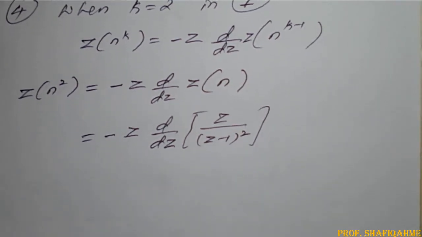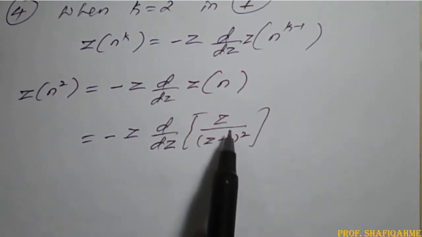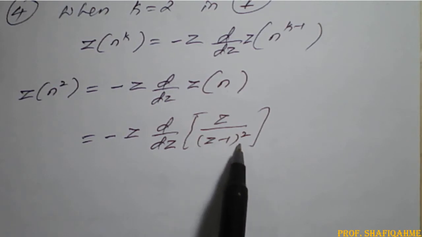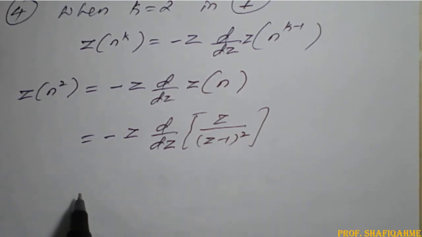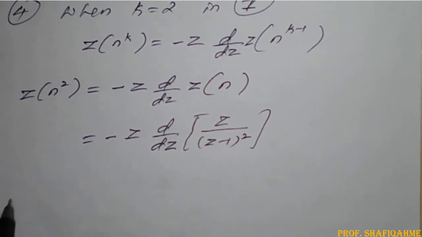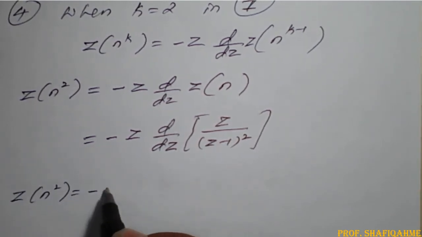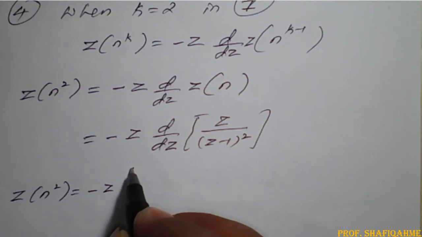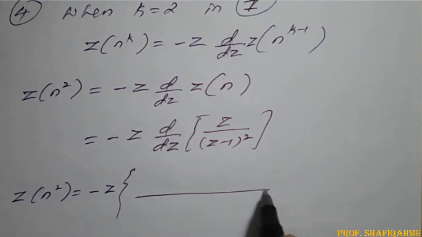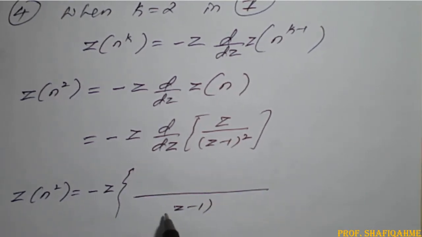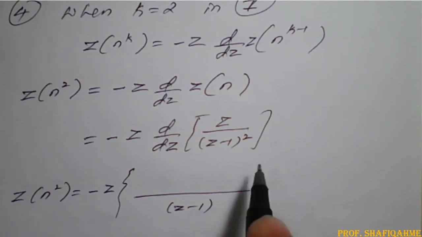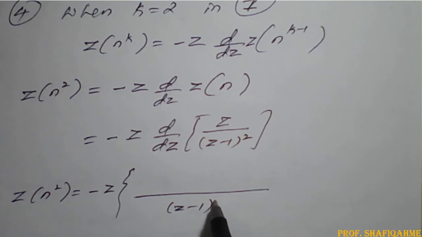Now again we'll simplify, so we'll differentiate z upon z minus 1 whole square with respect to z, so z transform of n square is equal to minus